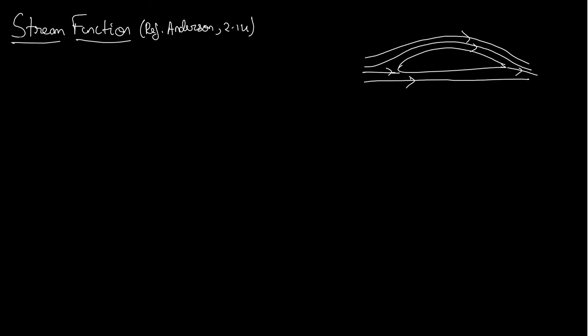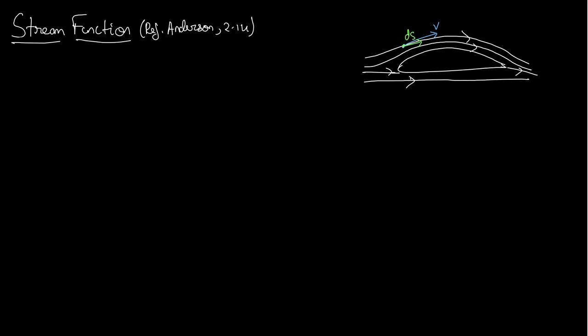So if I try to take a small point here, this will be the direction of its velocity vector, and if I take a small length element here, its direction will also be the same, the ds vector, and it is the property of a streamline that the particle on a streamline will have its velocity tangential to the path of the streamline, and the same will be for the ds vector also.